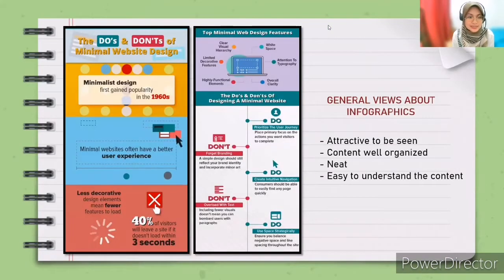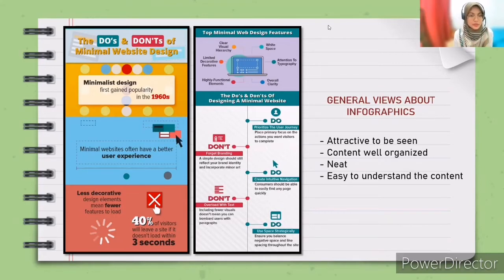All right. From a general point of view, we can say that this infographic seems attractive to be seen due to the color choice. And indeed, color is essential too because the color grants you clarity and understandability for each infographic you have seen. For example here, the infographic design's color is contrast between the background and also the text. And it might be useful to the reader to tell the difference and present to their eyes. And also, the content shown by the infographer is well organized and neat, makes the reader understand easily what the content is all about.